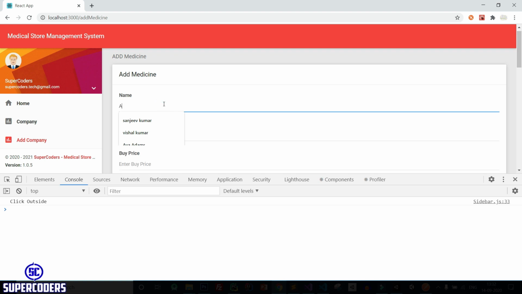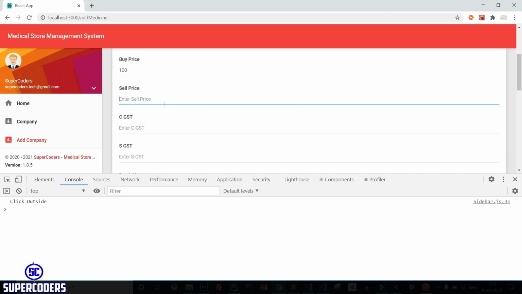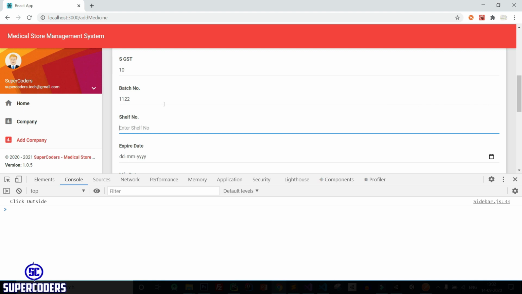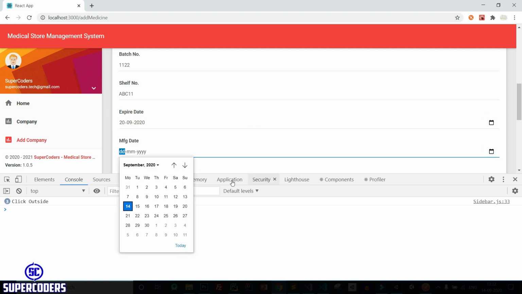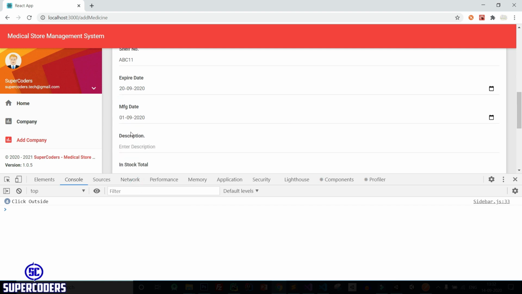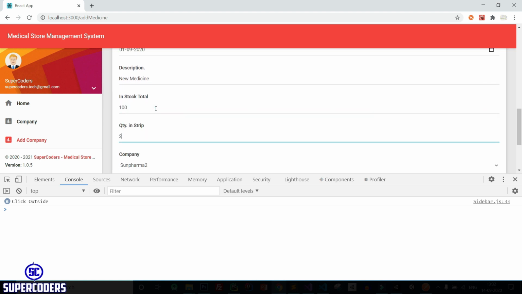So ABC medicine 1, medicine type tablet, buy price 100, sell price 200, CGST 10%, SGST 10%, batch number 1122, safe number ABC11, expire date that's 20, manufacture date 1, description new medicine, in stock 100, quantity in strip 10,